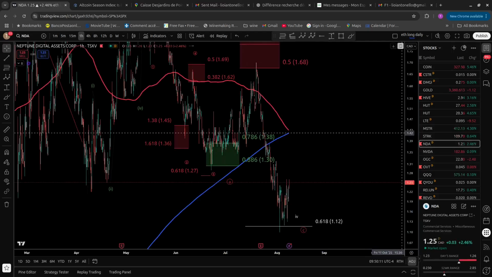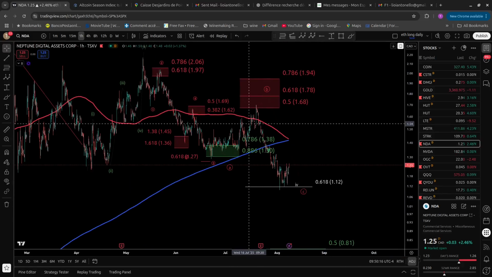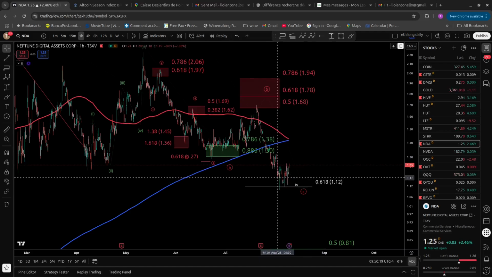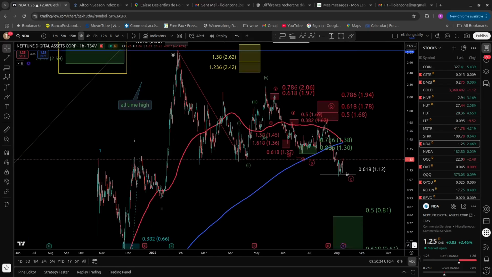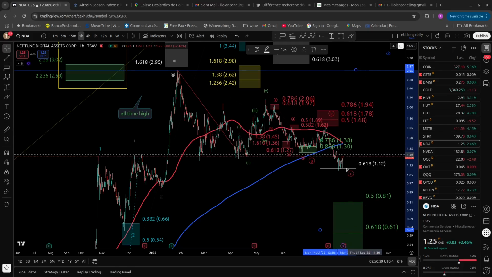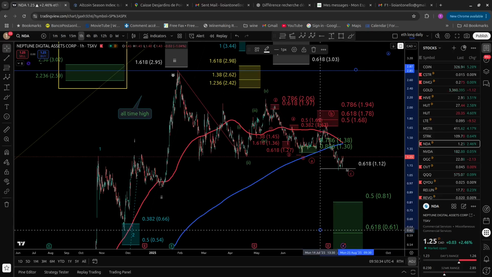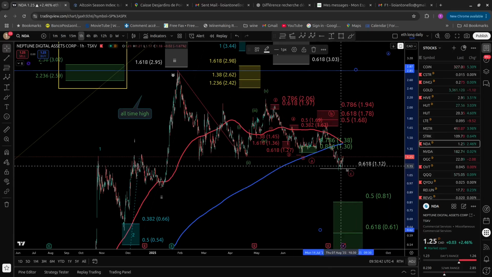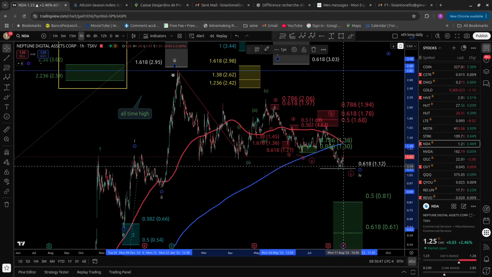Now, is there something else? Let me go NDA because I did have a request on that one. So I was saying A, B, C. Once again, this worked perfectly. Now, don't you remember where is this fifth wave coming from? That's a retracement. 1, 2. Okay, so this is like a fourth wave. Ah, yeah, it's there, fourth wave. There you go. So this is the limit where it can go.